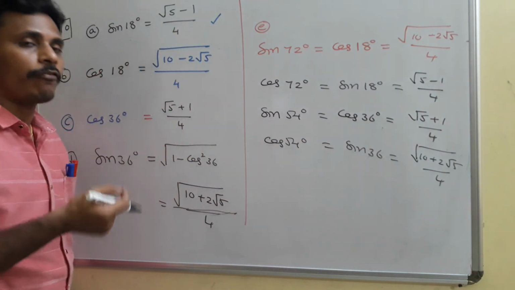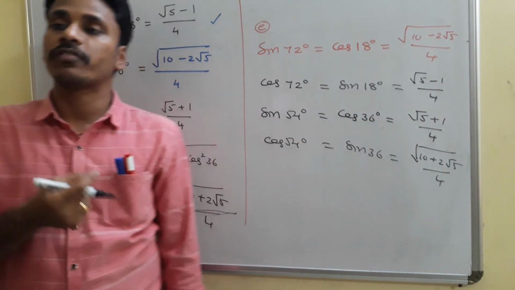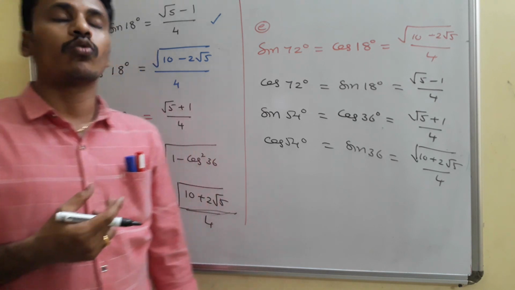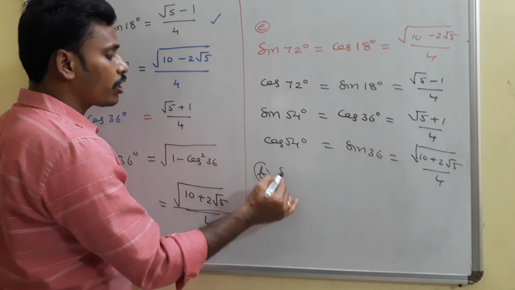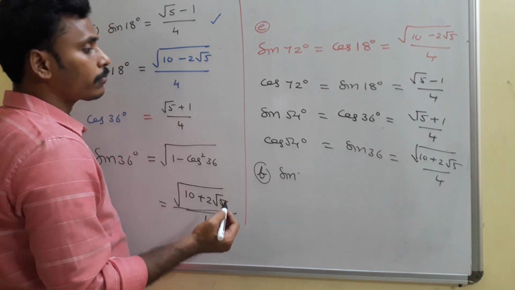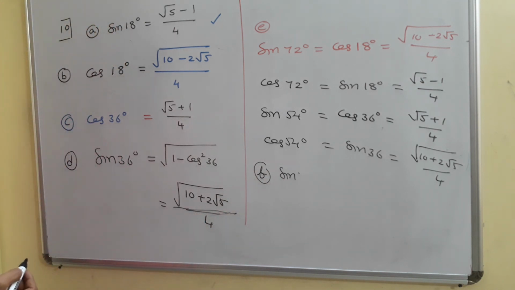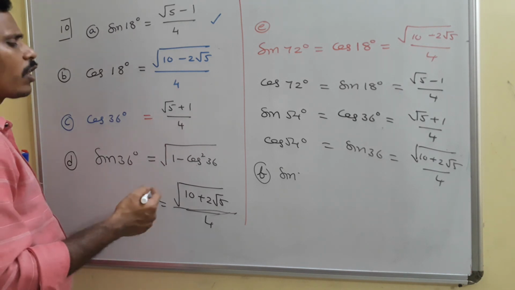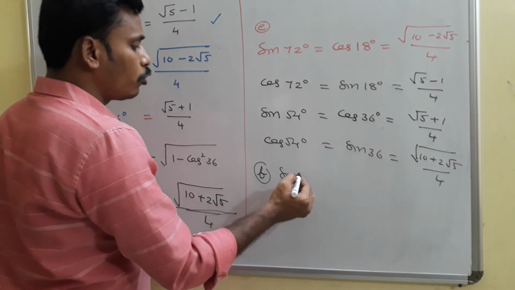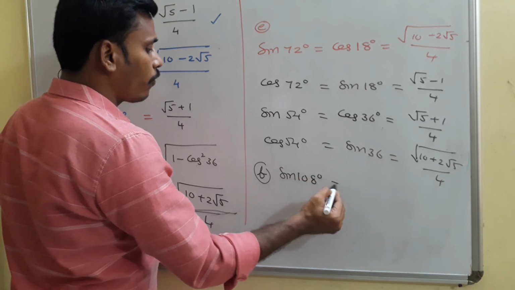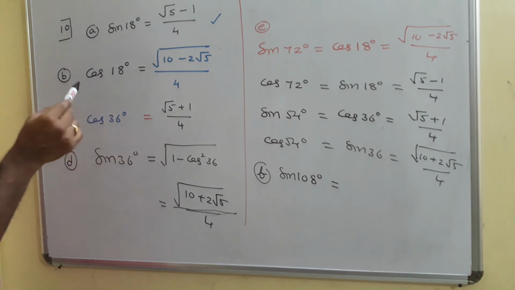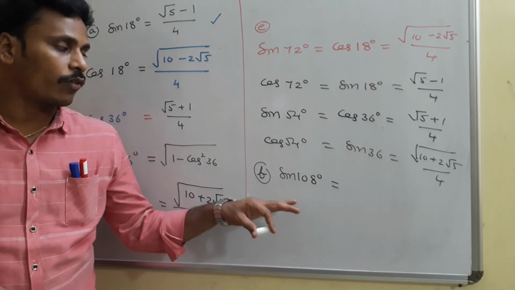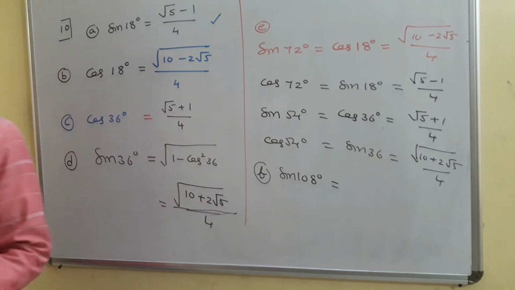Just by deriving the value of sin 18 degrees, it is easy to calculate the values of all these things. Okay, A, B, C, D, E, F. If you need, you just try to find sin 36 is over, 72 is over, right? Yeah, at present that's enough. Or if you wish to generate some new things, you just try to find out the value of sin 108 degrees. Okay, you just think about A, B, C, D, E first, and then you just try sin 108 degrees afterwards. Okay, first think about it, have a look, go for a screenshot.